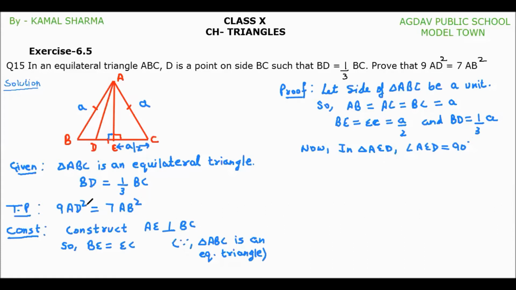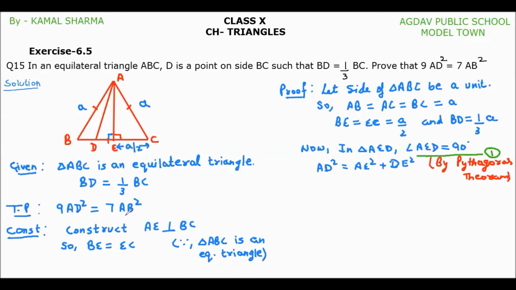So we have to see a triangle in which AD is coming. We have to see a right angle triangle because square is there, and we know that in a right angle triangle we can apply the Pythagoras theorem, which has squares on the sides. I have got a hint from here that I have to take such a triangle which is a right angle triangle and has side AD. So I can take triangle AED where angle AED equals 90 degrees. I can apply Pythagoras theorem here.